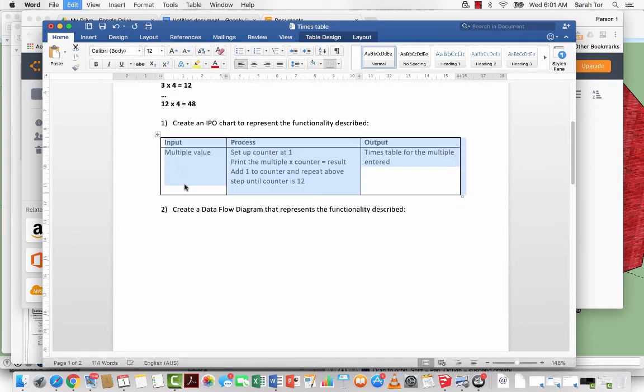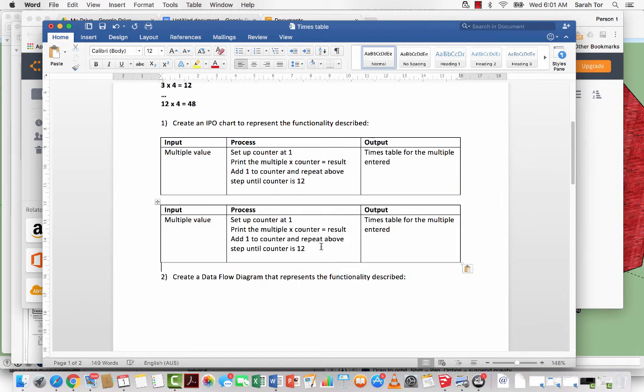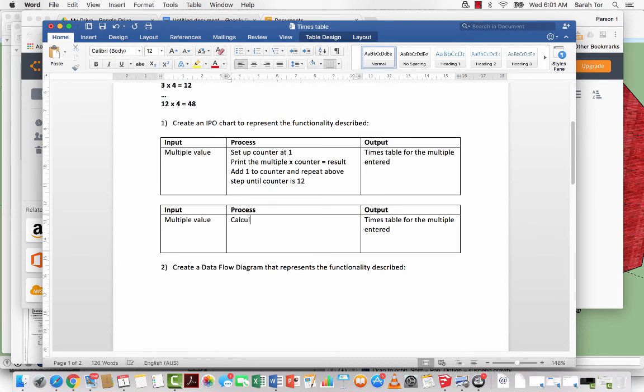Another way is you can be more broad in your process. So when we enter a multiple value, we can also say, all right, I need to calculate. When you're doing processes in an IPO chart, it helps to think in terms of a data flow diagram, because that is the next step. So it helps to use verbs that can make your life a bit easier when you're creating a data flow diagram after this. So I can say calculate,